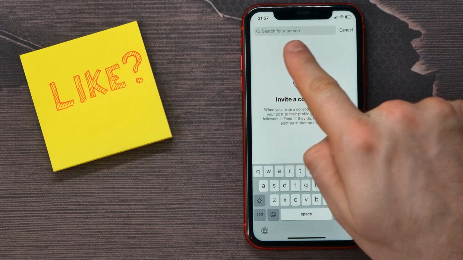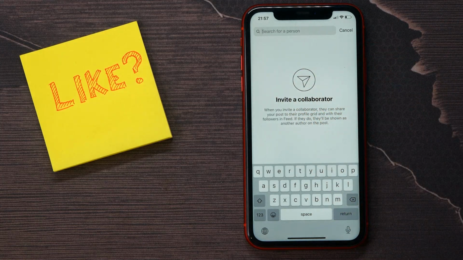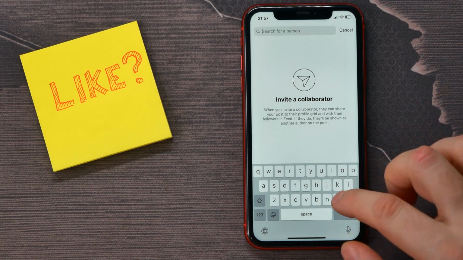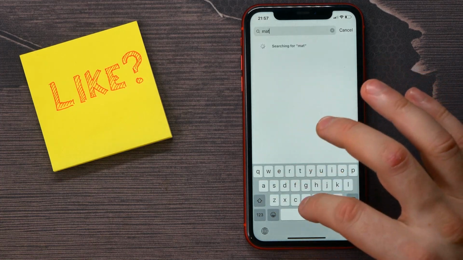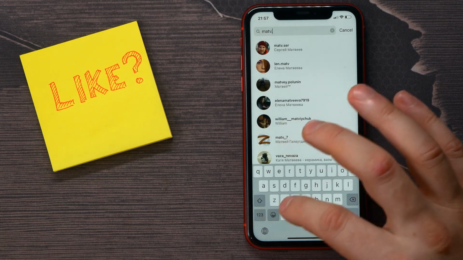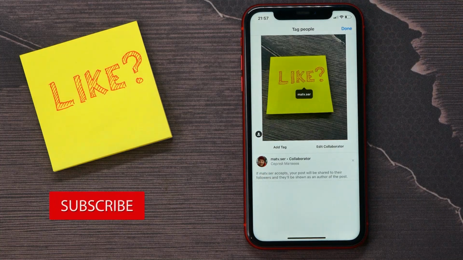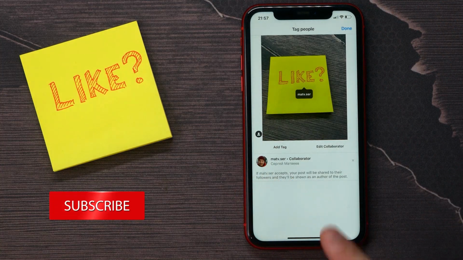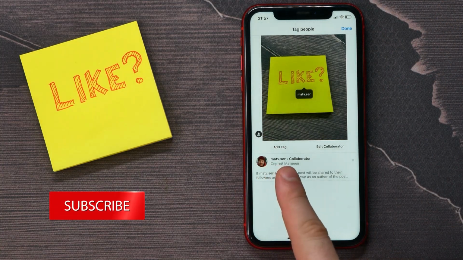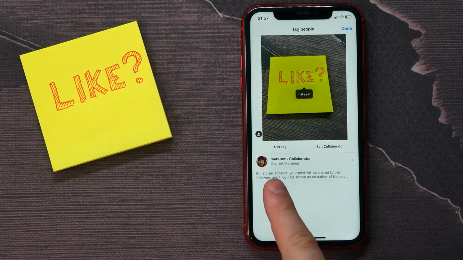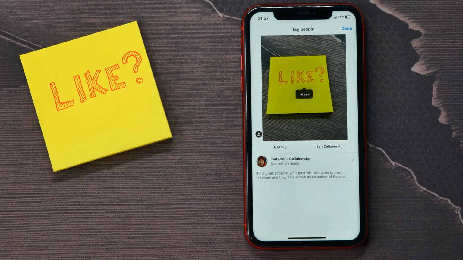So here in the search bar I need to put in some username of some person on Instagram. I'll type in my another account username. And after that select my account, and now I see that my another account is collaborator for that post. If my account accepts, your post will be shared to their followers and they'll be shown as an author of